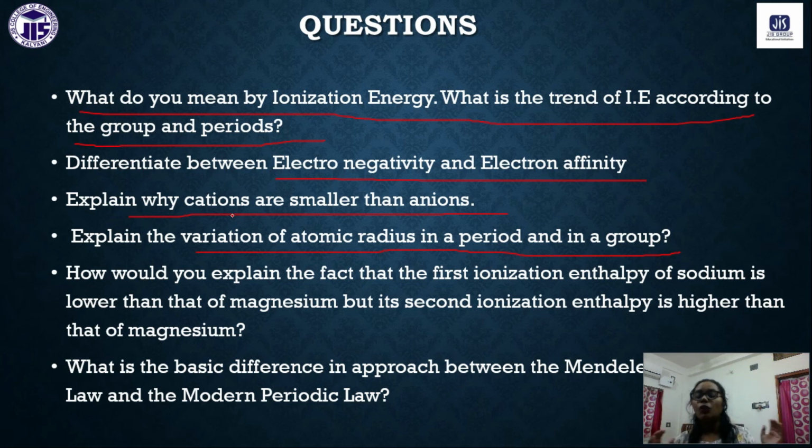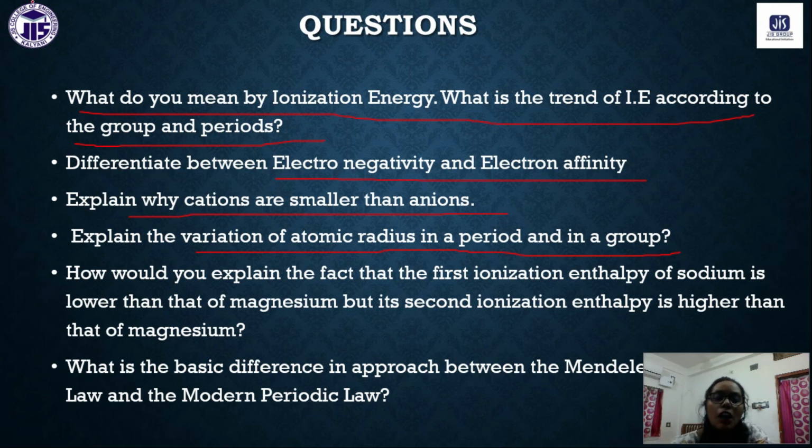That is why, what will happen? The nuclear charge is increasing. So that means the attraction force will increase, and that is why the outermost orbital electrons are strongly bound with the nucleus. So that is why the size will contract, and along the period, if we go from left to right, then the size will decrease.